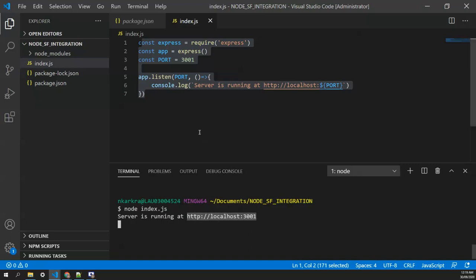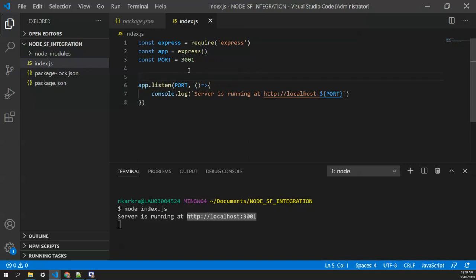But right now we are not showing anything or returning anything from the server, so we can't see anything right now. So let's start writing our first API in Express. By default, the easiest method in the API is the get method. So we'll say app.get, and the path is slash.